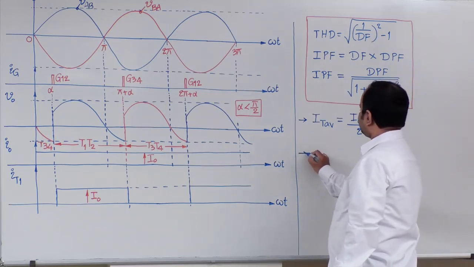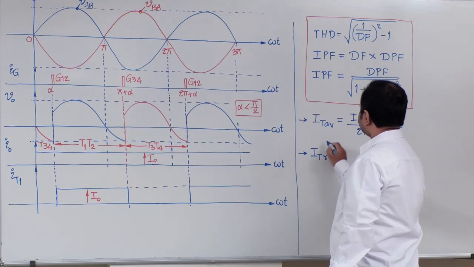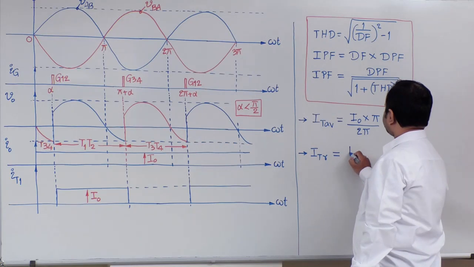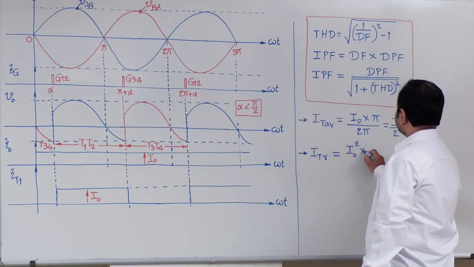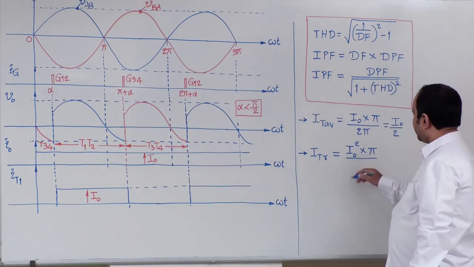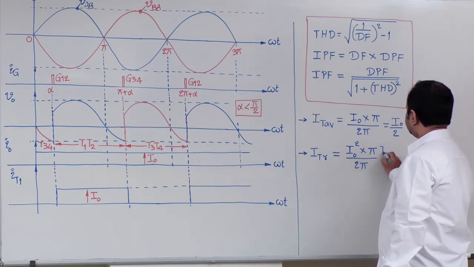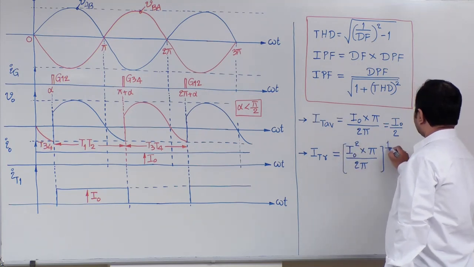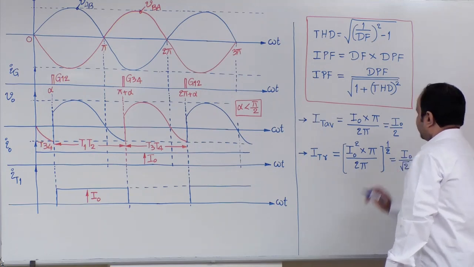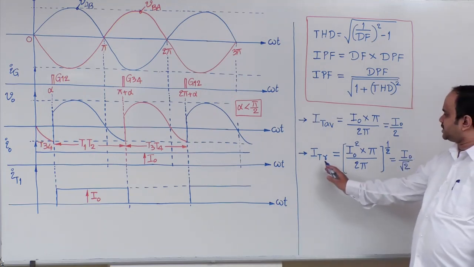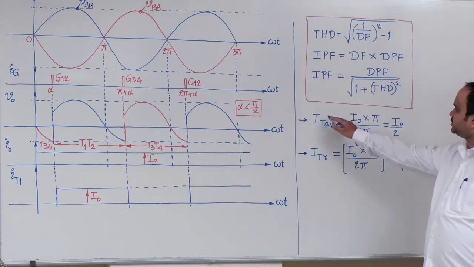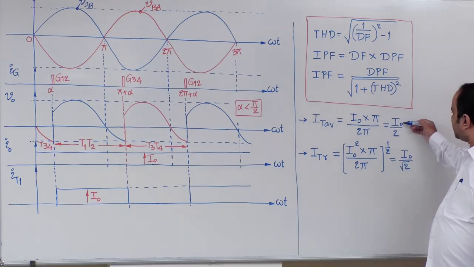Next, the RMS value of the device current, IT RMS. For the rectangular pulse, how can you write it? Magnitude square multiplied with pi divided by cycle time, under root. This gives I naught divided by root 2. So the RMS value of thyristor current is equal to I naught by root 2. The average value of this thyristor current is equal to I naught by